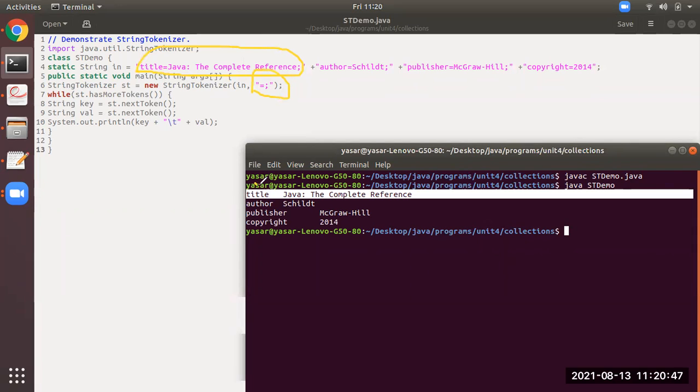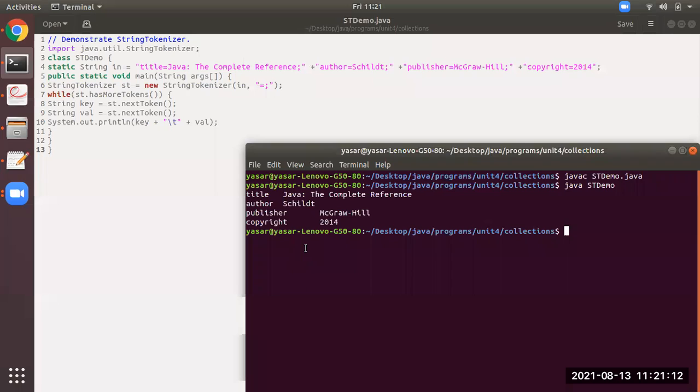So you can see here, title, then Java, colon, complete reference. Similarly, the next string, author equal to Schildt: author and Schildt. So what we are doing is using the StringTokenizer class to break the data into discrete parts.